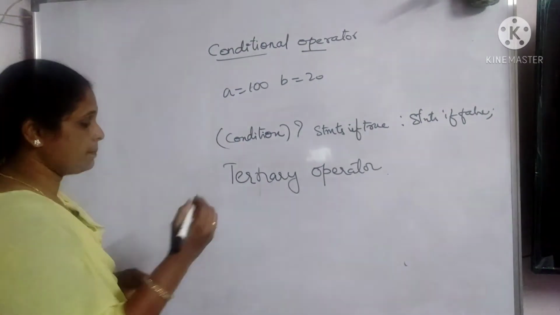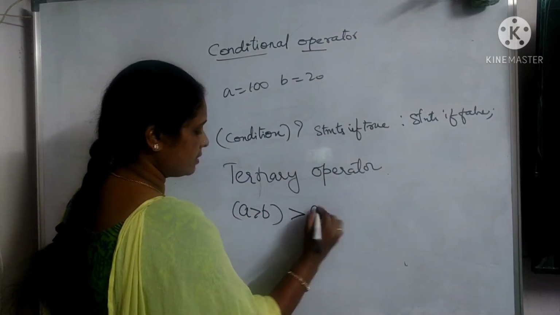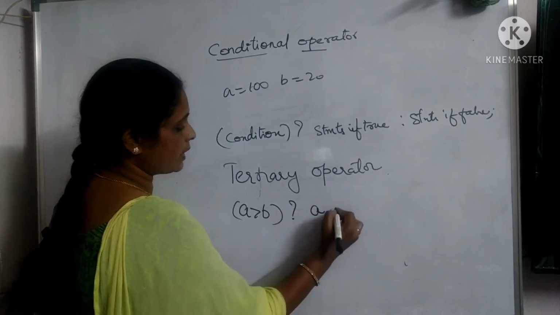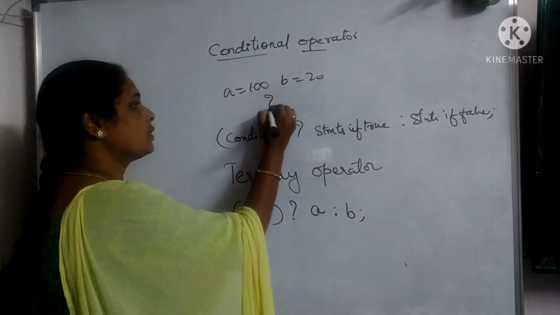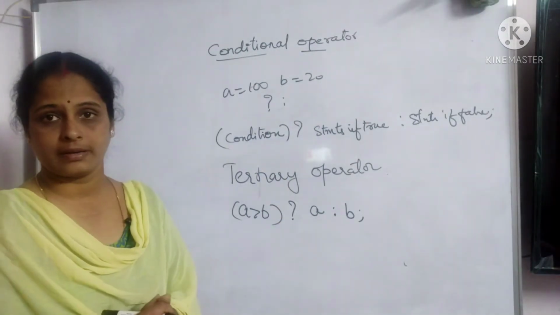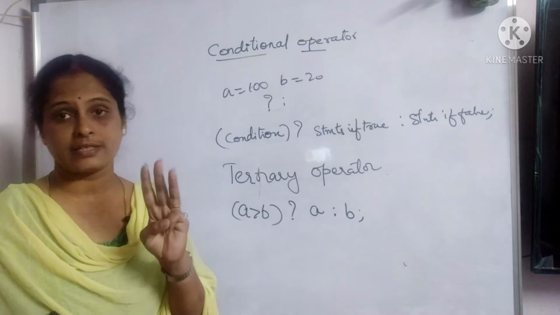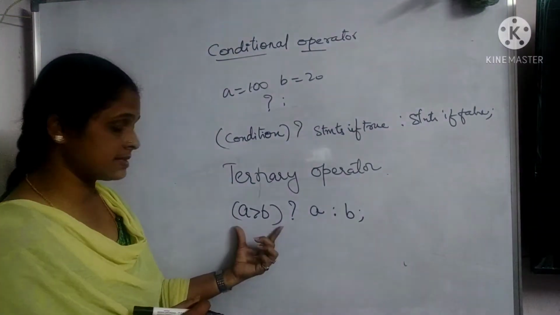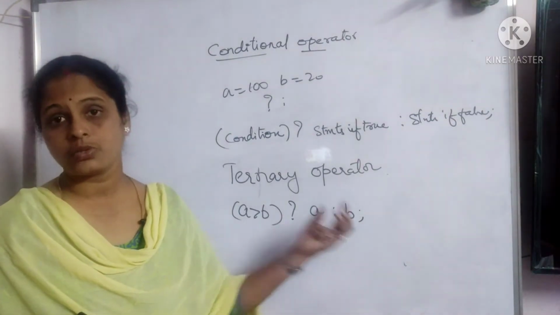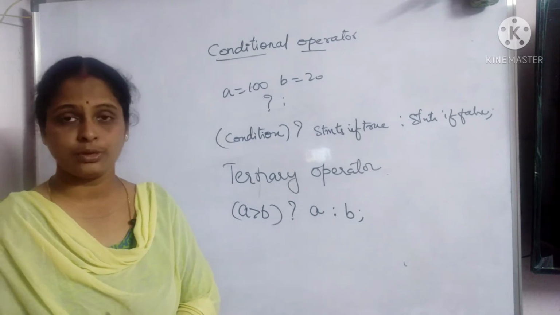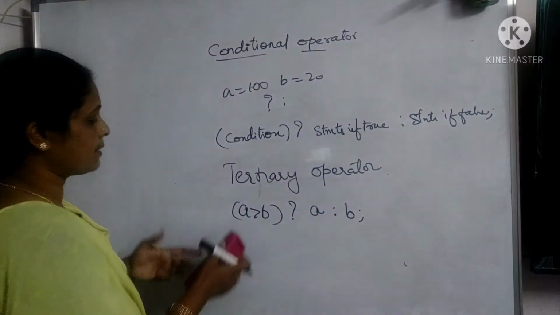If we take the previous example that I wrote, this is the first one, here is the second one, and this is the third one. Question mark and colon is my conditional operator, isn't it? To execute this operator, I need three operands. So what are the three operands? One is the condition, another is the statement if it is true, and another is the statement if it is false. Because it takes three operands to execute, it is also said to be the ternary operator. We'll write a small example program for executing this one.